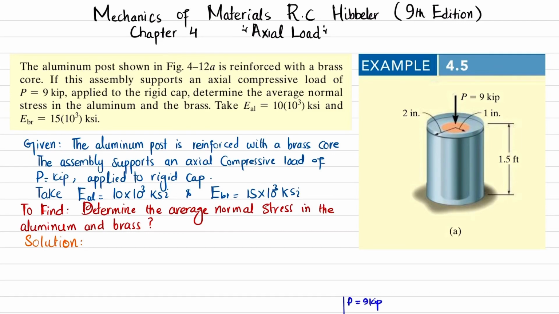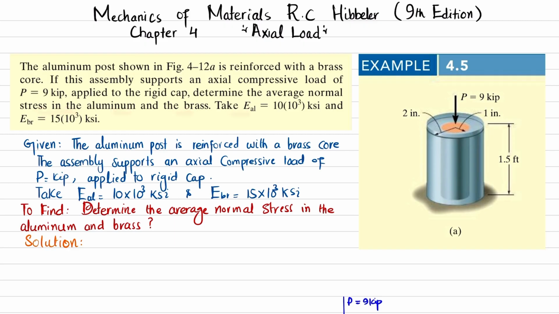Welcome back. In this video, we are going to solve example 4.5 that is taken from chapter number 4, Axial Load, and the book name is Mechanics of Materials by R.C. Hibbeler, 9th edition. So the statement is: the aluminum post shown in the figure is reinforced with a brass core. If this assembly supports an axial compressive load of 9 kips applied to the rigid cap,